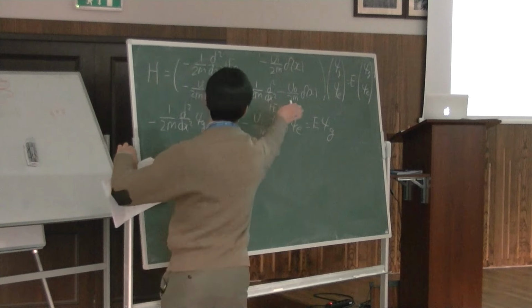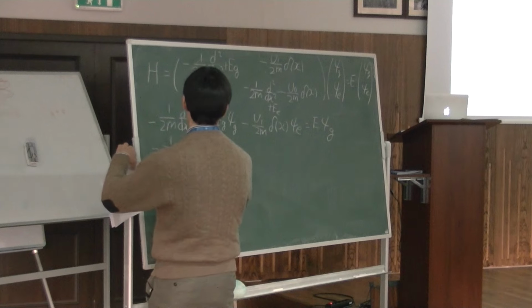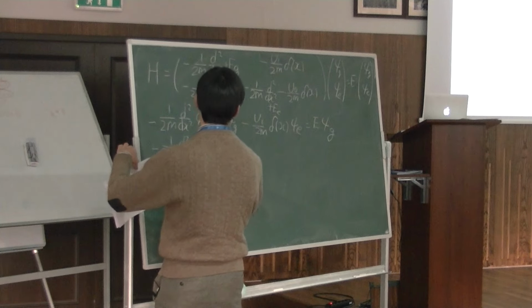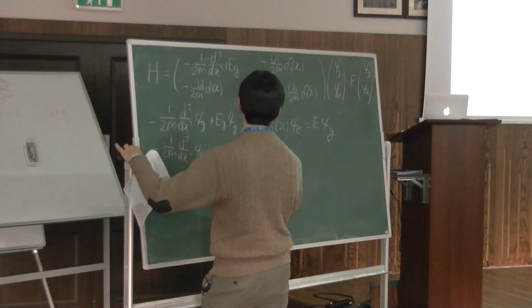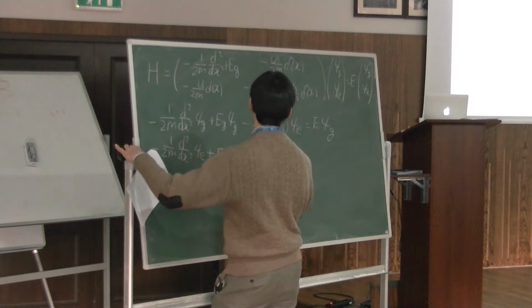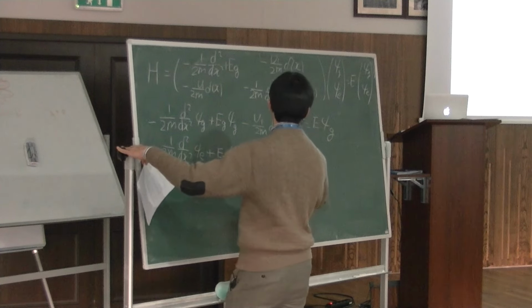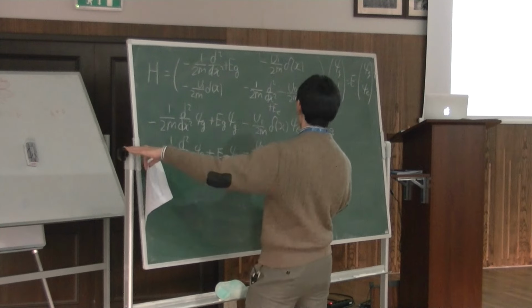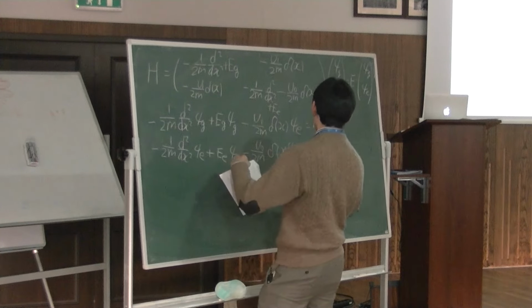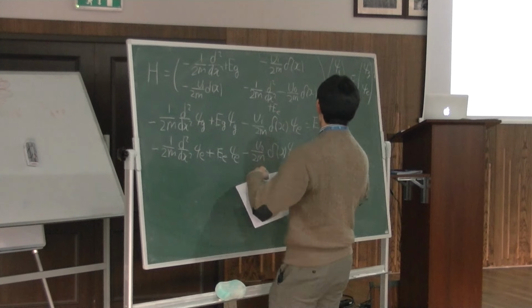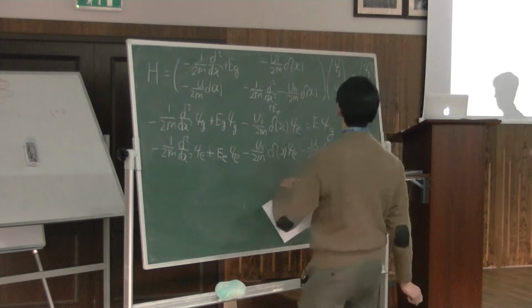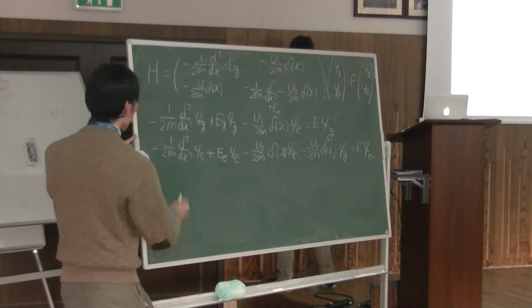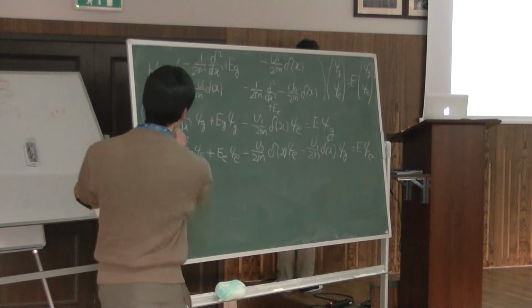And this becomes minus 2m E squared psi E minus, plus E psi E minus 2m u0 delta x psi E minus this one 2m psi g, e psi e psi e. And as we have done, we make an integration,